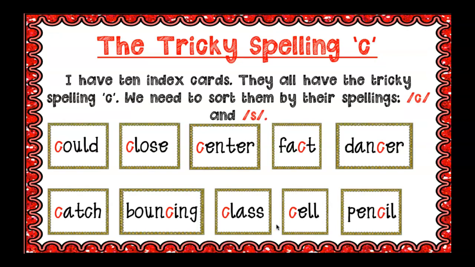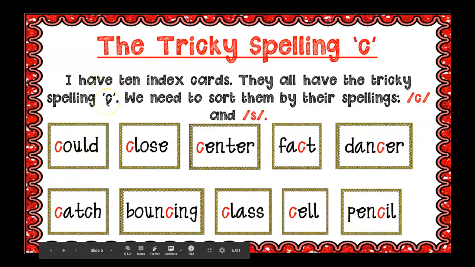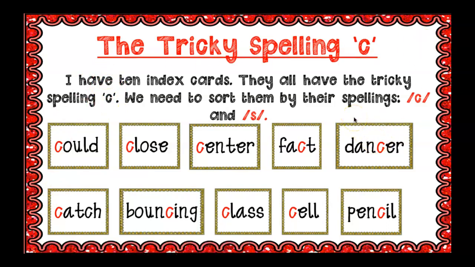Okay, now here we are with our activity. So I have 10 index cards, and they all have the spelling C. Now it's your job to sort them by their sounds, if they make the k sound or the s sound. So I want you to pause this video and take just a moment. If you have a pencil and paper, or maybe you have a whiteboard and a marker, you can write s on one side and the k sound on the other side of your paper or your whiteboard,